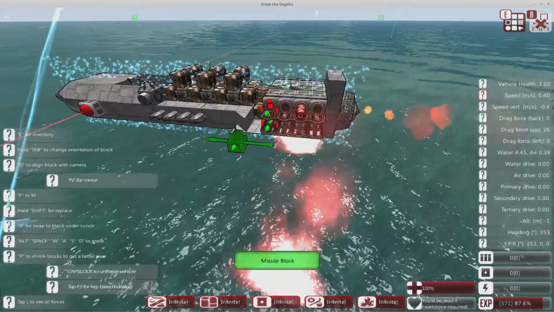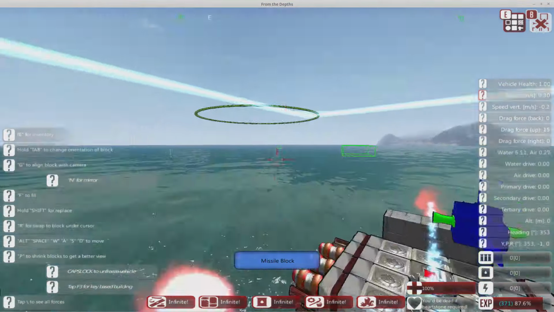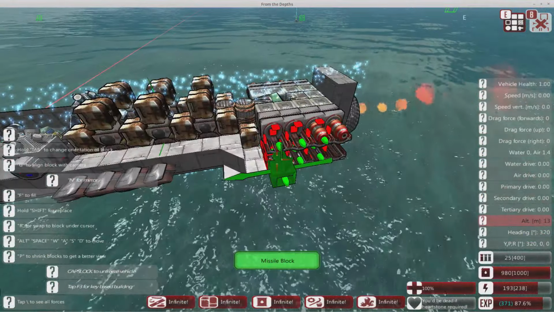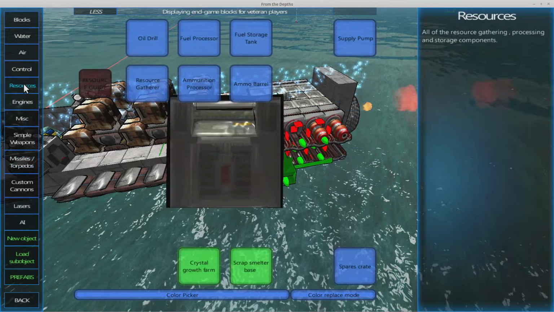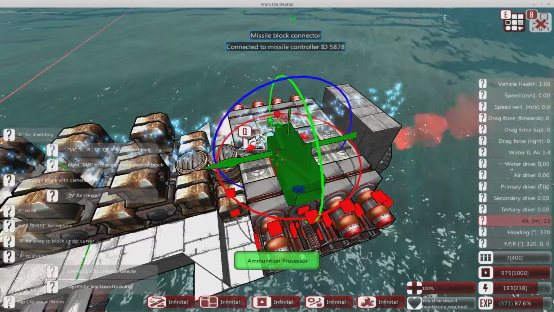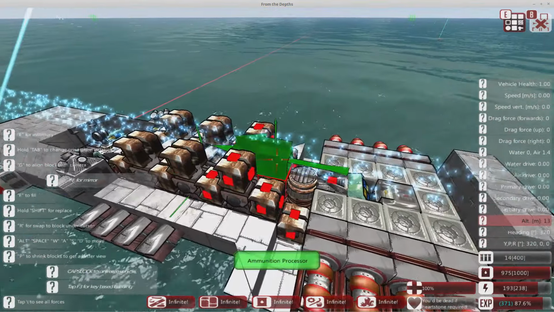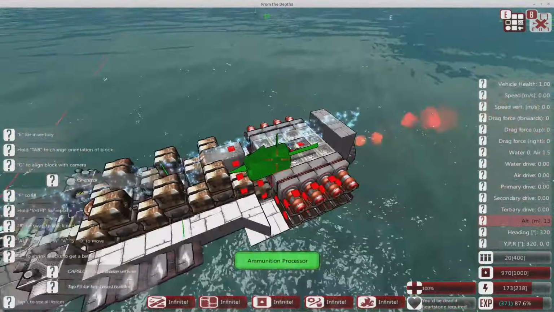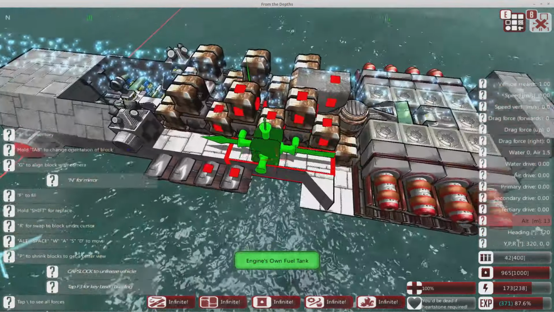That's dropped off a fair few flares and a fair few anti-interceptor missiles, which is good, and then it will take a bit of time to reload. Now I could put an ammo processor on there just to increase that time a little bit. Why not? It'll use a little bit of metal, but that will be fine. Yeah, okay, so now that's a little bit more